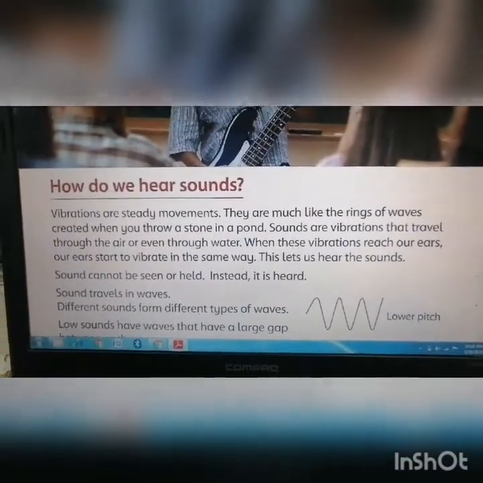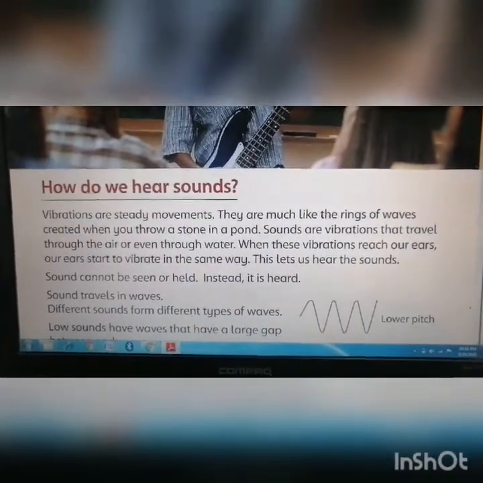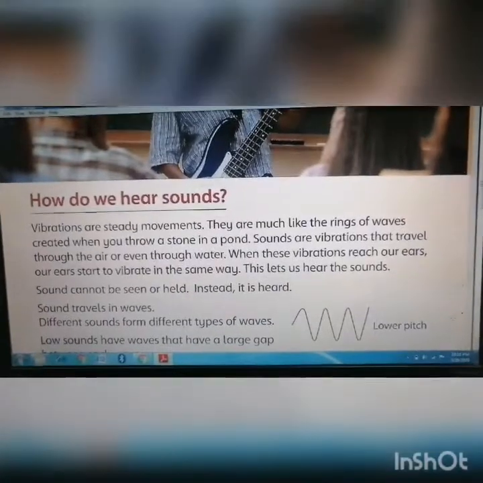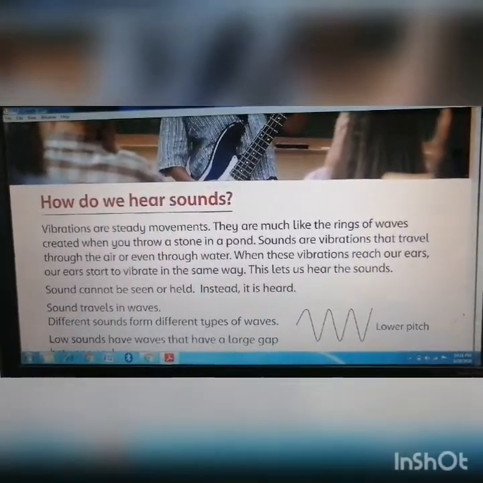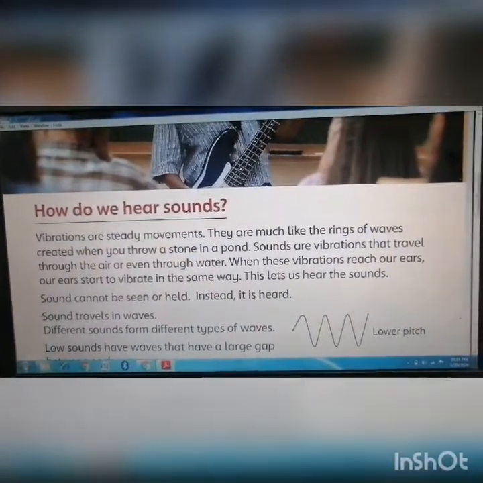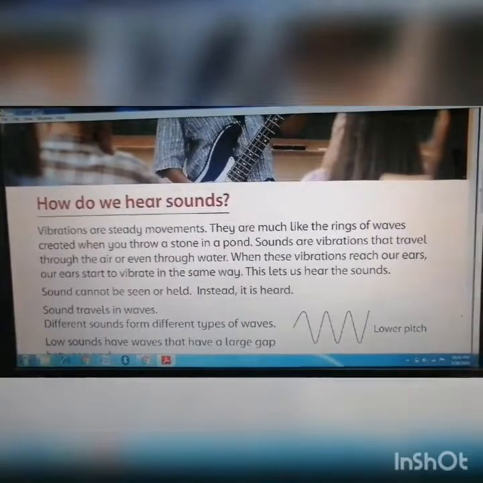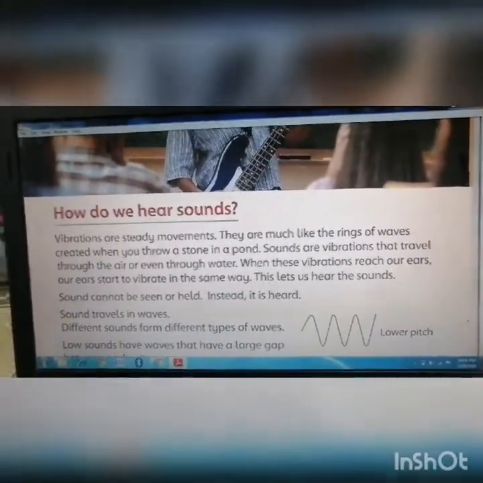That would be a long discussion, but just for your quick information, I'll tell you that there is a drum in our ear. We call it the eardrum. When the sound enters our ear canal, that drum starts to vibrate, and then that vibration sends a message to our brain, and our brain tells us what we are listening to.